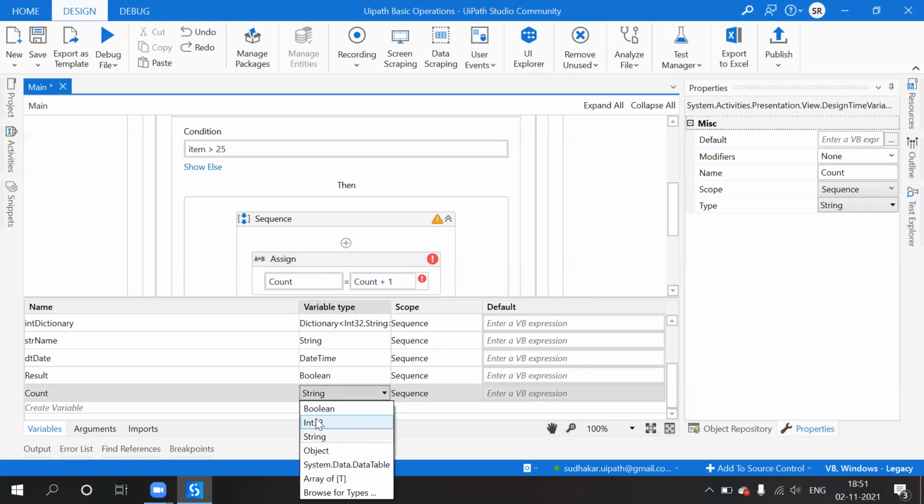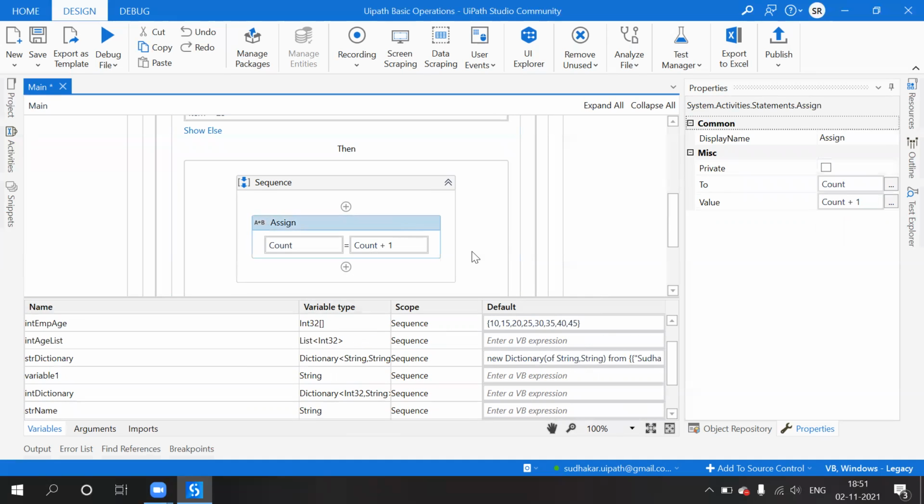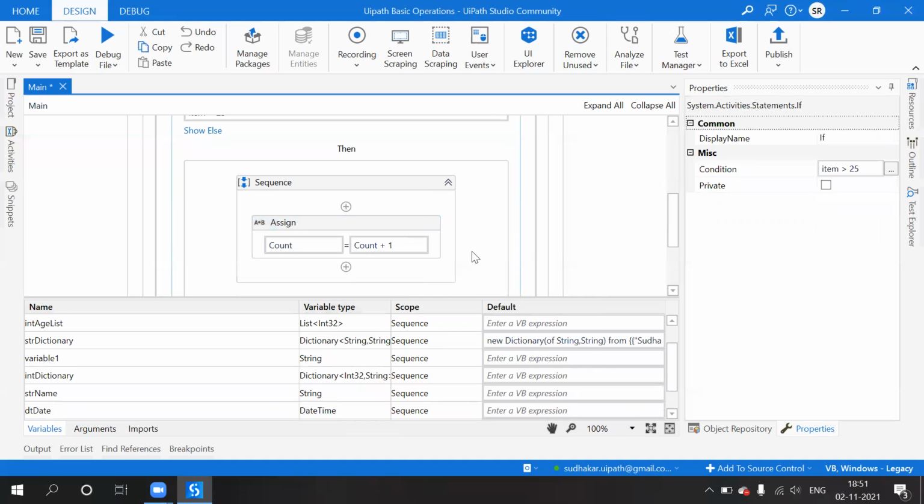So I need to take it as integer. So here we got it. I would like to change this name as well, to avoid confusion.